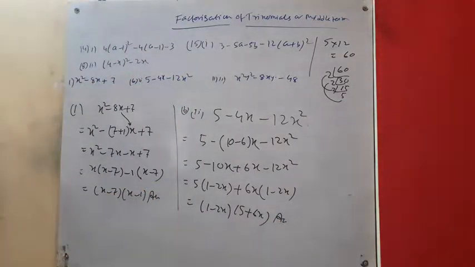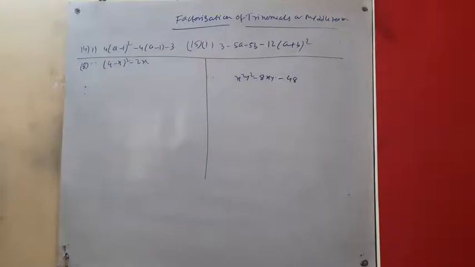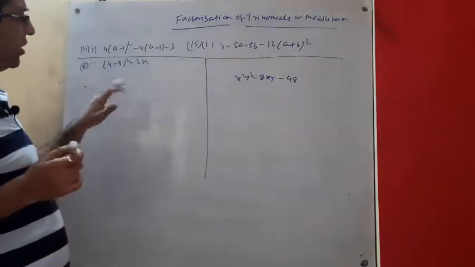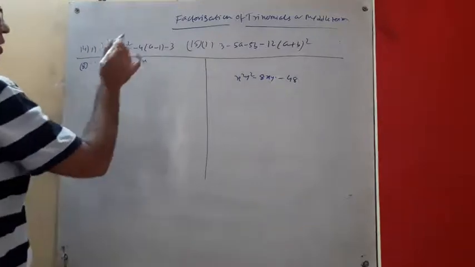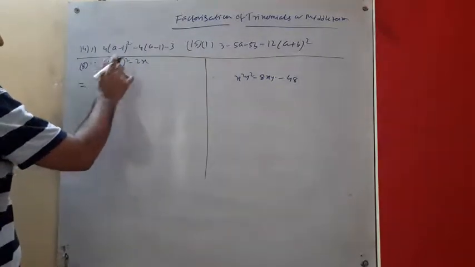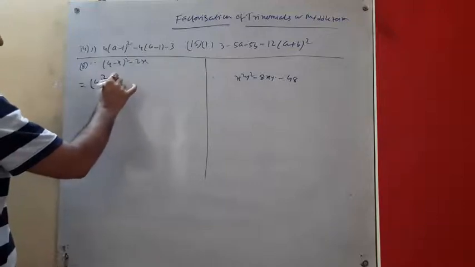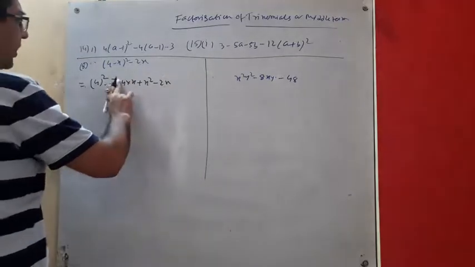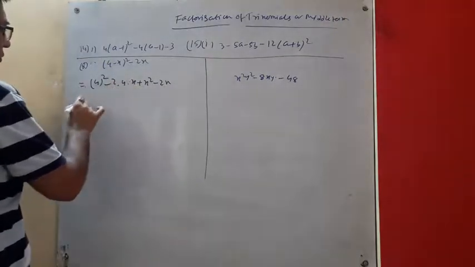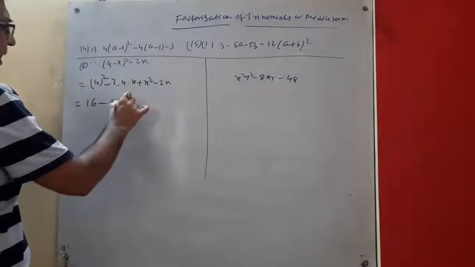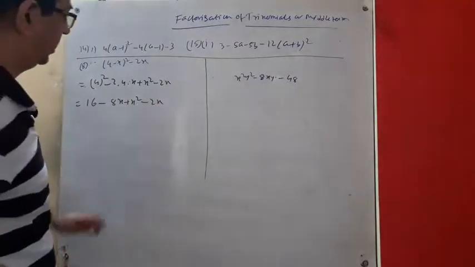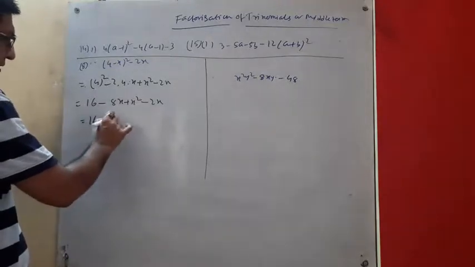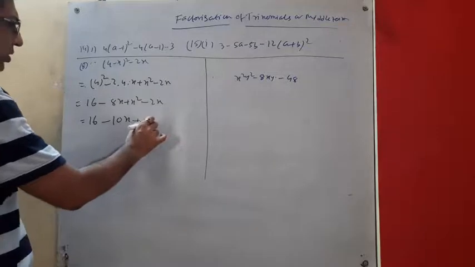Now we go to the third one. Is it a factorization method? I can try factorization by the middle term method, or trinomial. Let's see, this is a minus b whole square, so a square minus 2ab plus b square, minus 2x. So 16 minus 8x plus x square minus 2x. There are 3 terms: 16, minus 8x and minus 2x, that is 10x, plus x square. This is also in the middle term form.